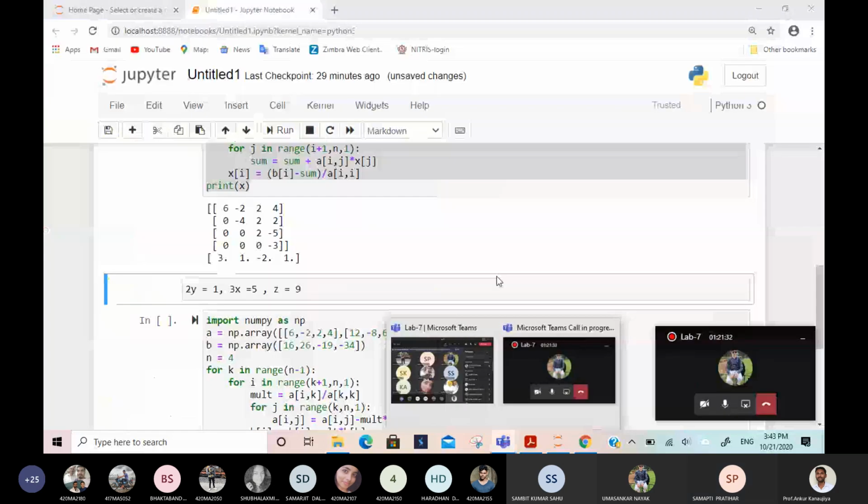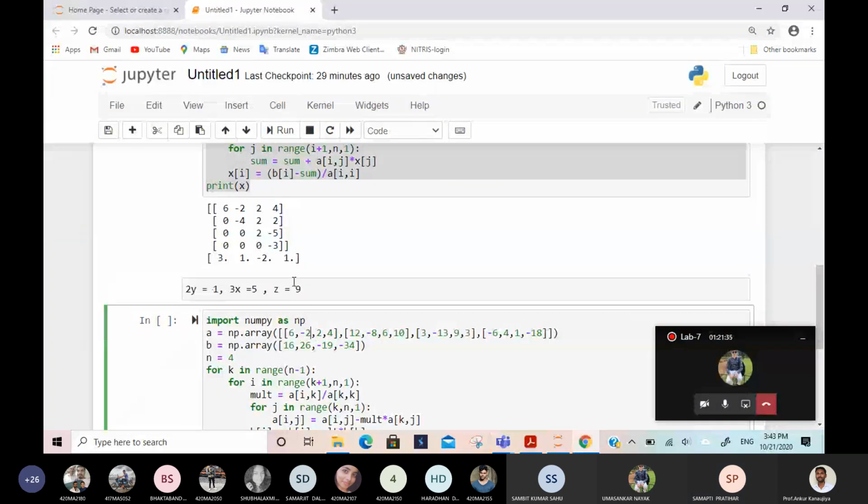So tell me, what is the matrix A? What is the size of the matrix? 3 cross 3. Only 3 rows. What is the right hand side? 1, 5, 9.